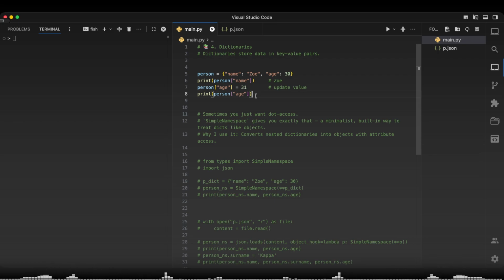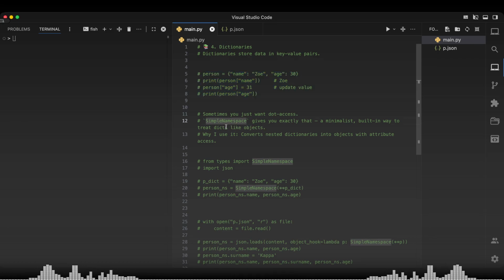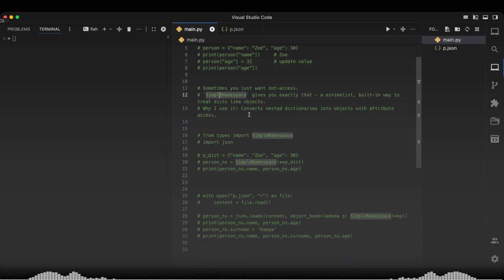Now, today we are trying to provide an alternative, a dot access approach, and it may or may not have benefit for your use case, but it's good to know that there is something out there that you can use if you ever want to. So I'm going to comment this out. And what is simple namespace? Simple namespace is basically another way to turn your dictionary into some sort of object